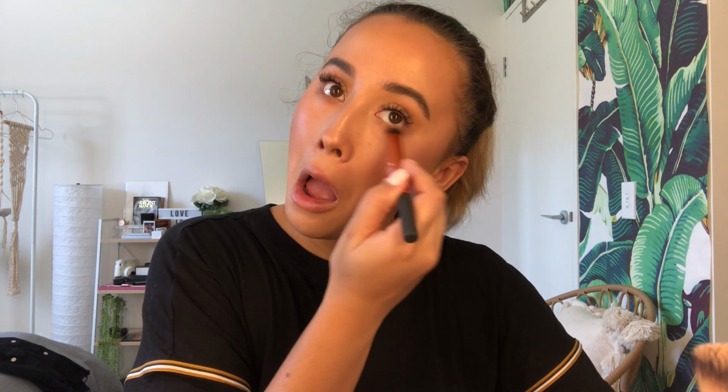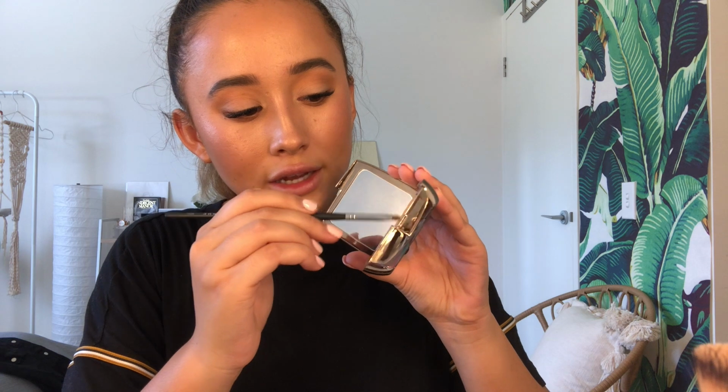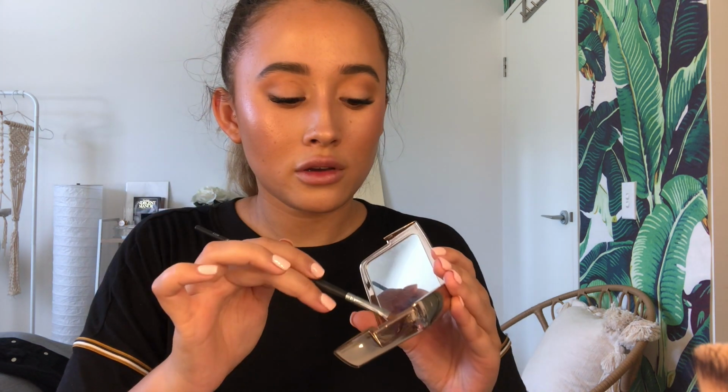I love it to blend. I feel like it's the perfect size, the size of where I want my eyeshadow to go, because I don't want it too far down and I don't want it too little as well. I didn't really need to blend much at all. That's it. And I might just go back in on the top. Yeah. How's that looking? And with that, the lighter powder, I'm just gonna